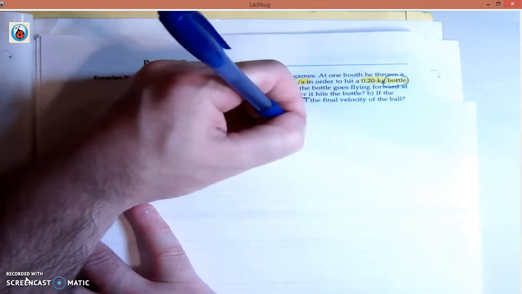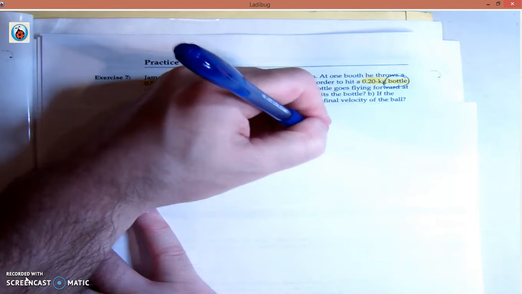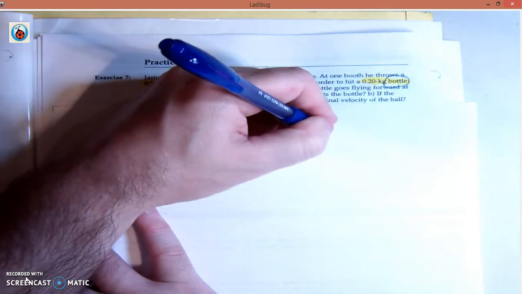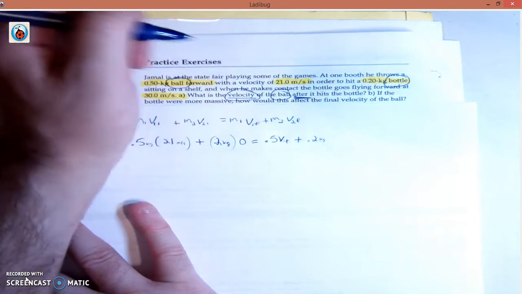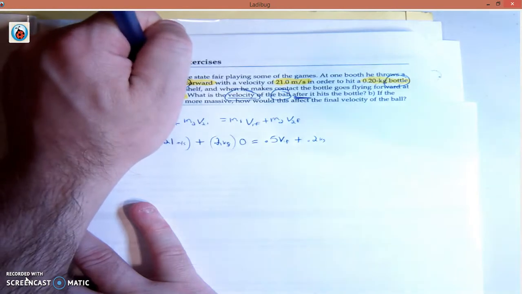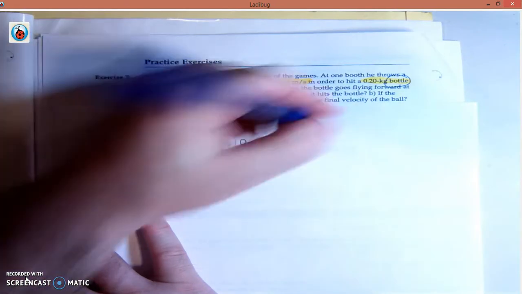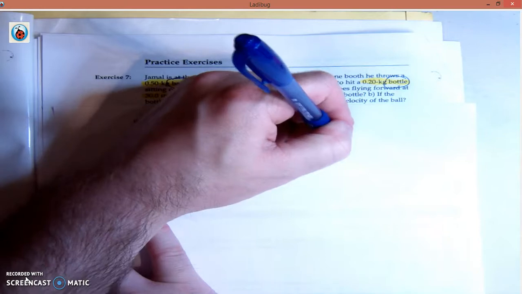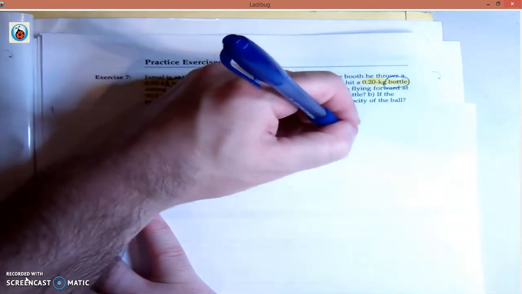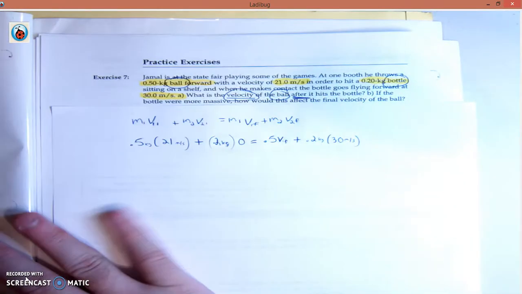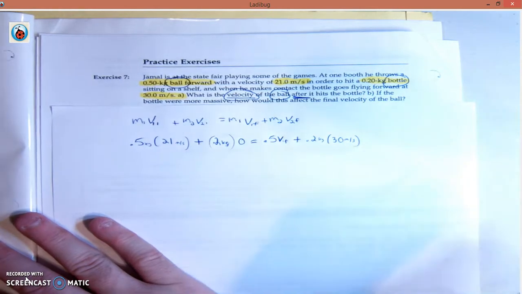Plus, now we're doing this side, the mass of the second one, 0.2 kilograms, times, we know the final velocity of the bottle, right? That was 30. So times 30 meters per second. Whew, it's a lot of stuff, guys. We got to take it step by step,